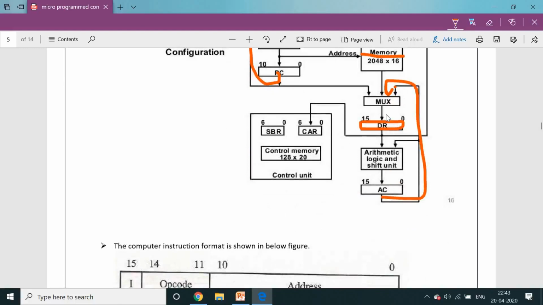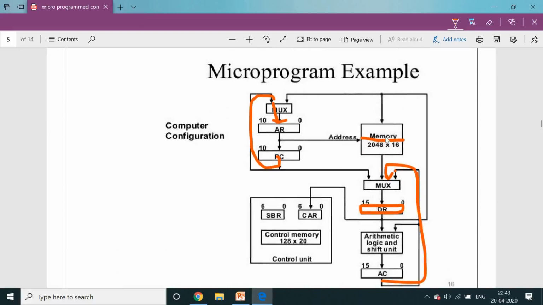With the help of this memory, the data register sometimes holds instruction register codes. The instruction code has some address, and that address information passes through this multiplexer. If it is read, the data register is sent to the address sequencer and into the control address register. This control address register selects one location in the control memory. With the help of that address, we select one location in the control memory and read that microinstruction.